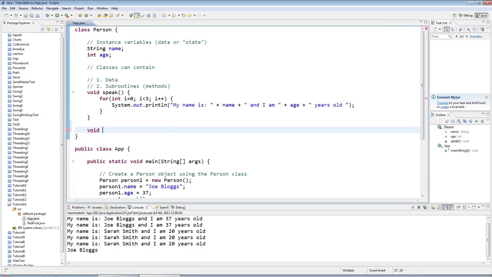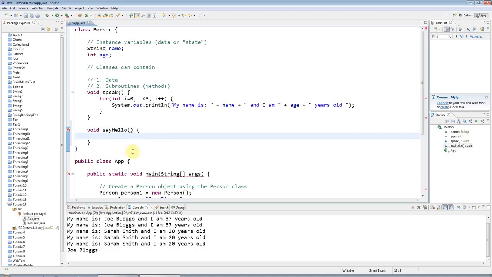Like I could say, what shall I call it? I don't know. Say hello. So I'll capitalize the first letter of each word after the first one. The first one has a lowercase letter. And then because this is a new word, I give it a capital H. Round brackets like that, open the curly bracket. Eclipse has actually put in the closing curly bracket for me. And I could say, I don't know, like sys out,